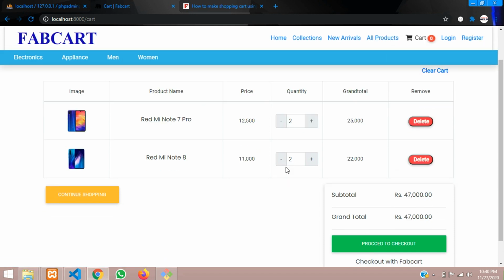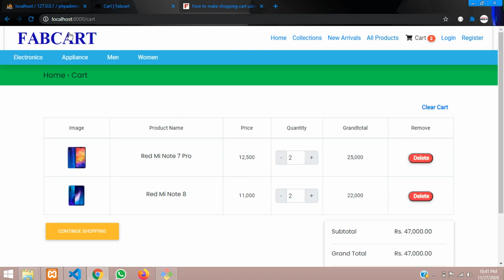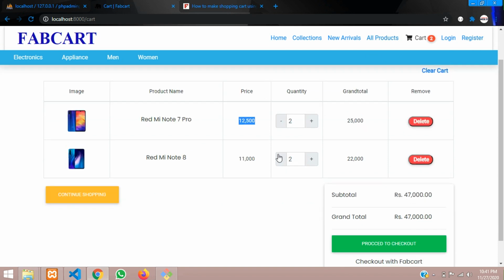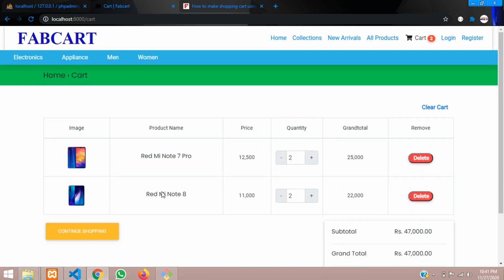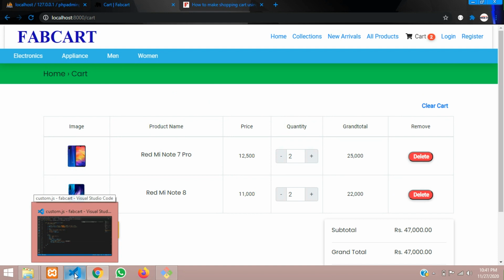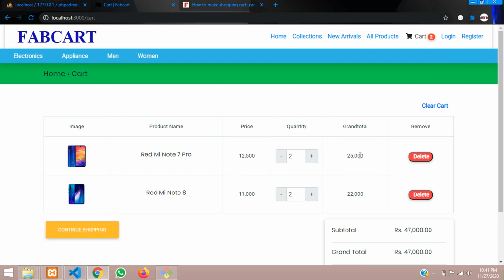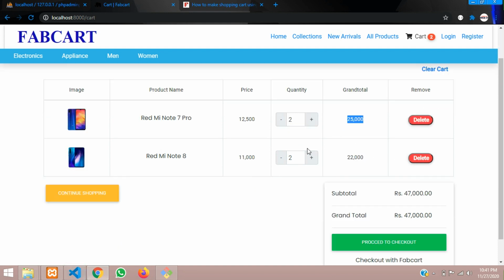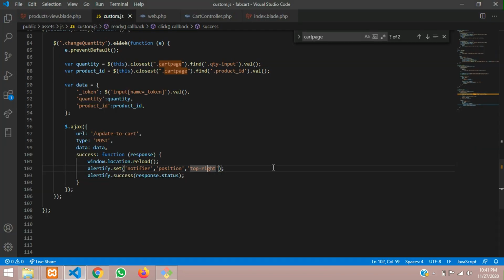Cool. So guys, in some cases some people say that you are calling an AJAX request but you don't need to load the page. For them there is one simple solution, where you can just get the response and change the price over here. So the solution is about how to not reload this page.